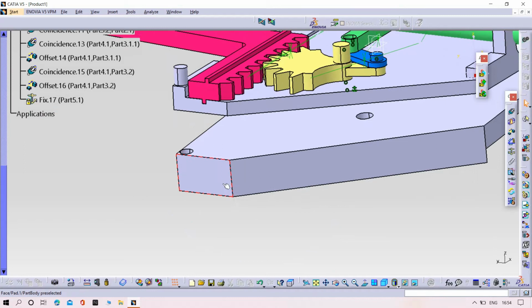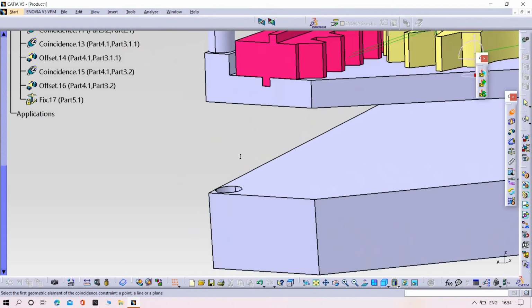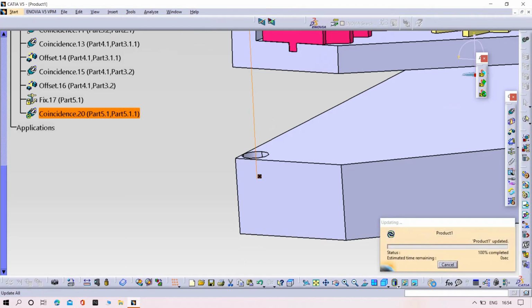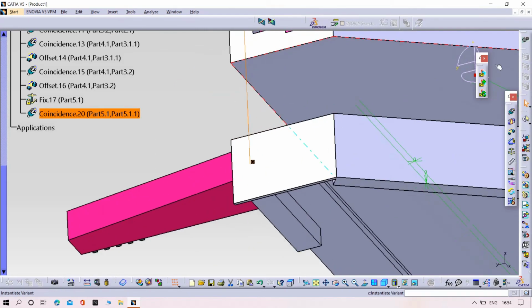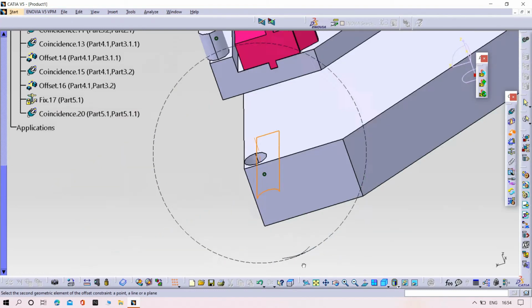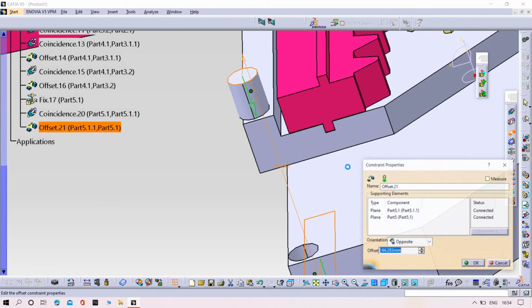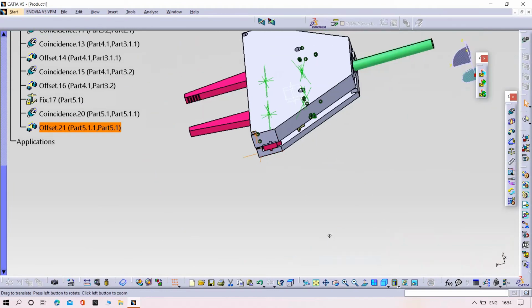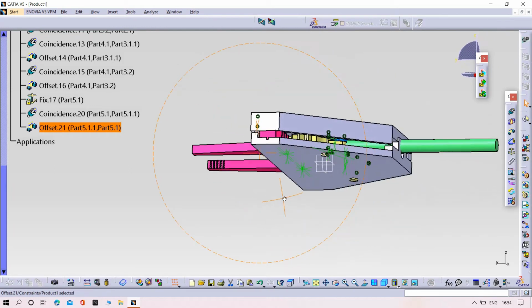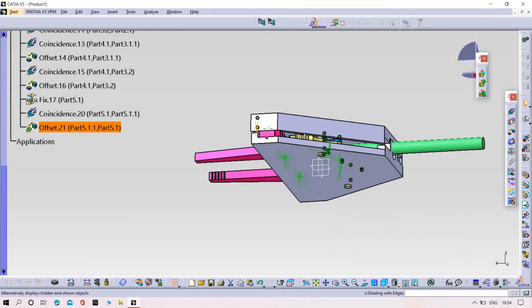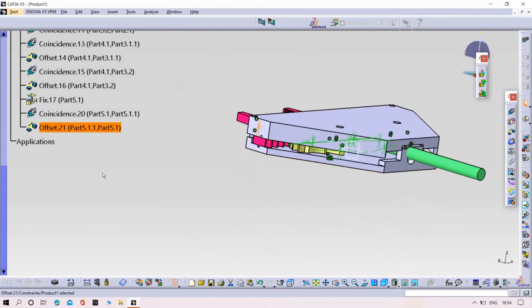Again try to give the relations. Apply. Yeah, and try to increase the length. Yeah, it's assembled perfectly.